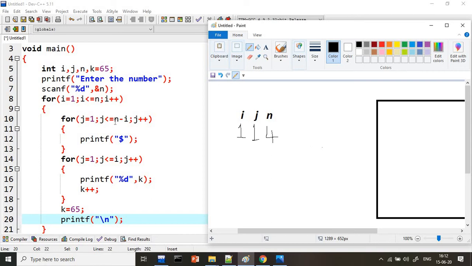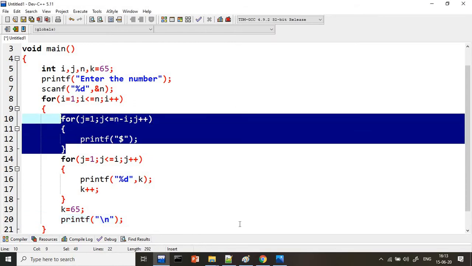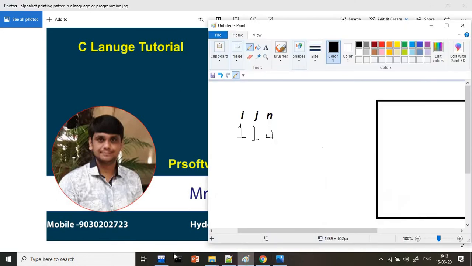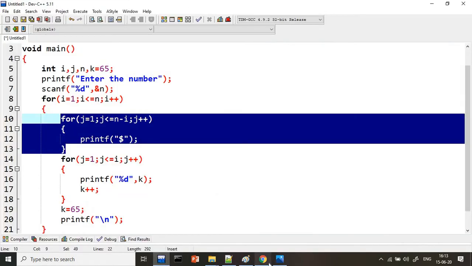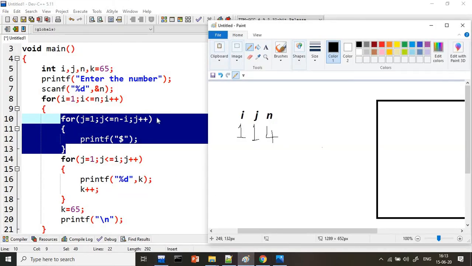This condition value is how much? 3. So simply this condition will execute how many times, guys? 3 times. Why? Because j value is 1, and this condition value is 3. So 1 less than or equal to 3, true. Like this, it will execute 3 times. First time it will print dollar.